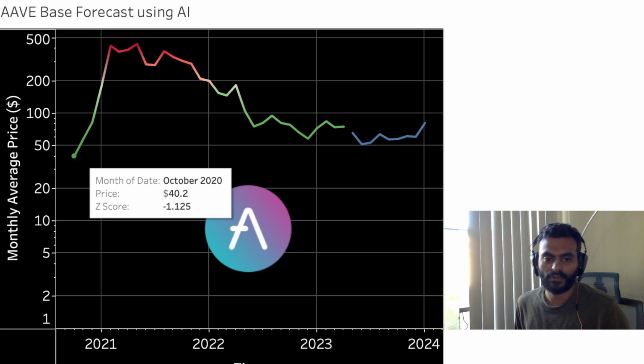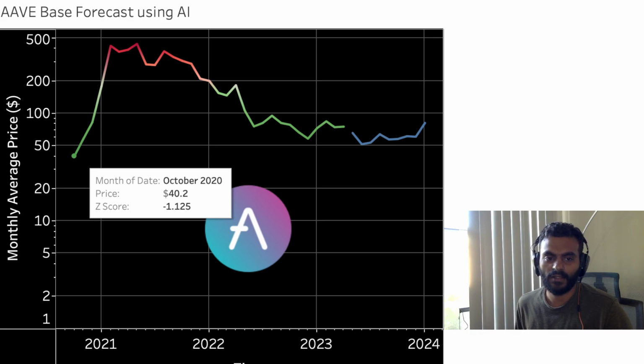So for instance, October: 40 minus 180, so that would be negative 140, and divided by 120. That's how you get negative 140 divided by 120, which is negative 1.125. So then whenever this color code is a diverging scale, whenever the z-score is negative, significantly negative, then the color